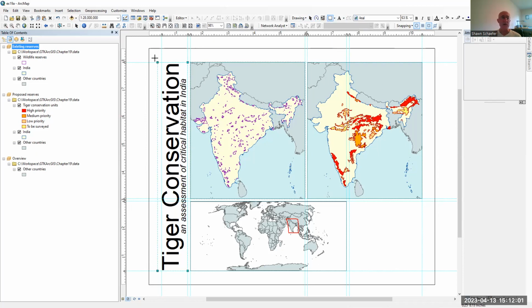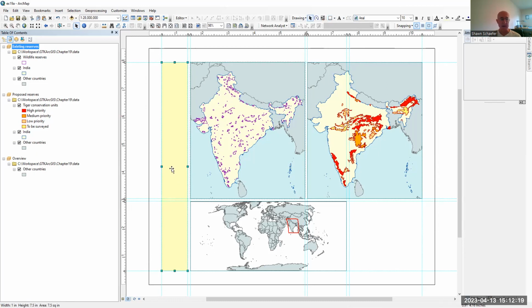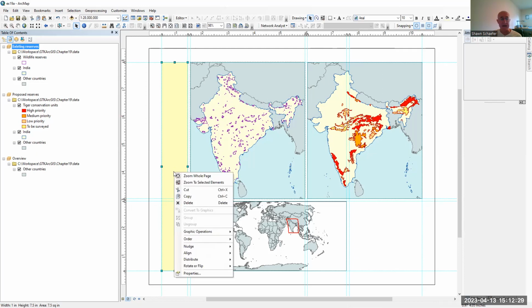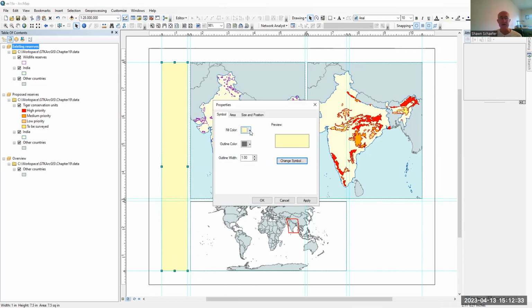Then I'm going to go up here to the rectangle tool. I'm going to draw a rectangle right on top of that, like so. And you see it's in front, so you can't see the title, but the title's still there. And I can hit the properties here,